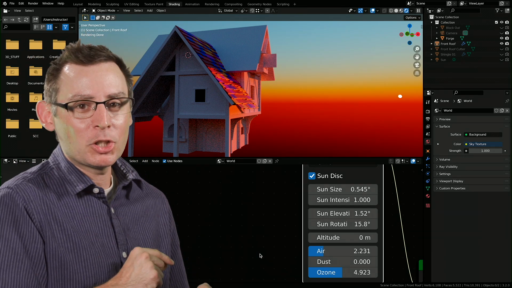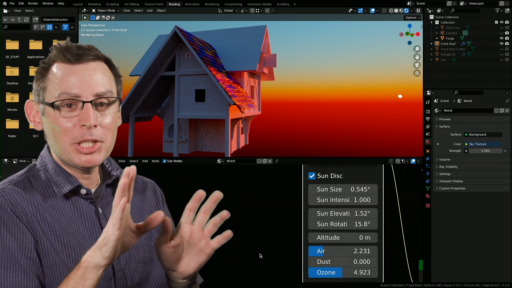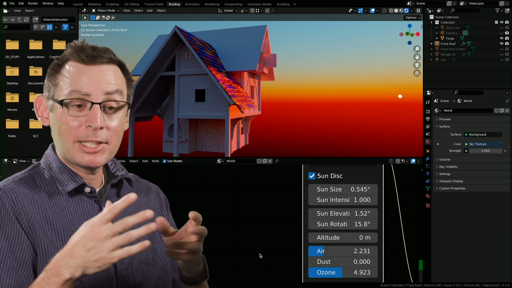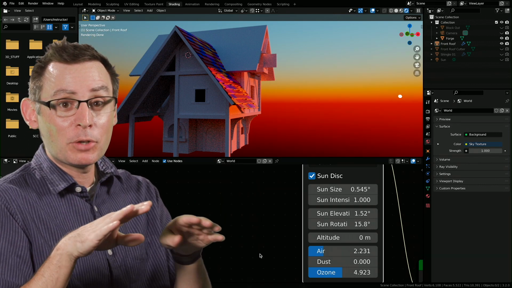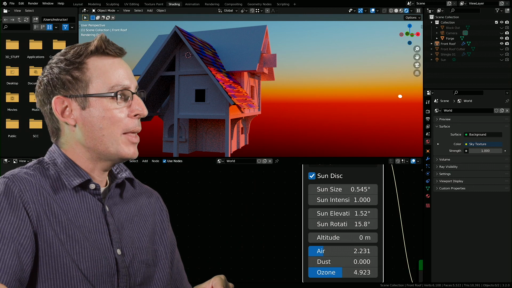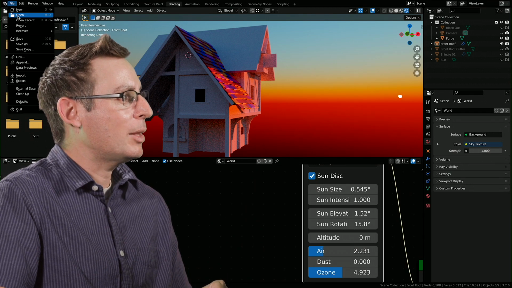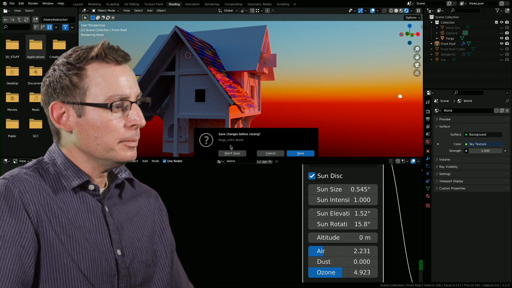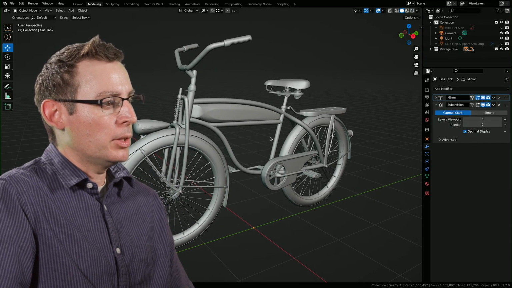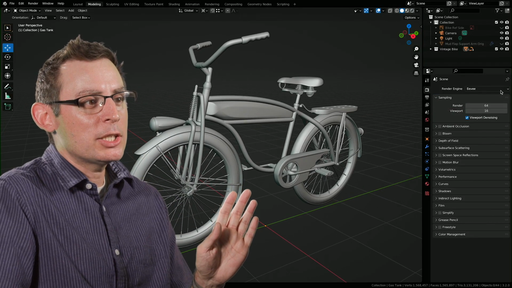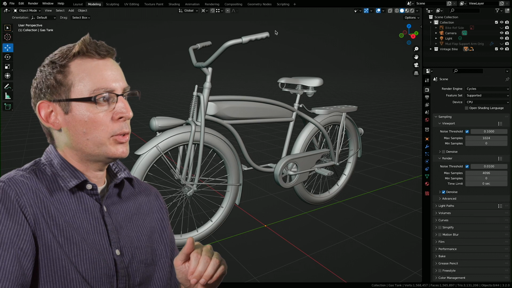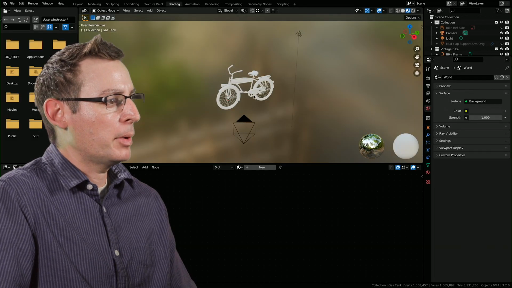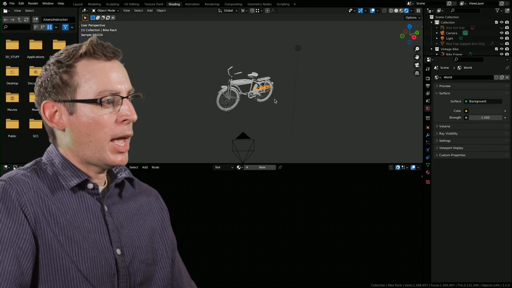There's one more that I want to show you that I think is pretty neat, and this completely changes the way I model because it allows me to blend surfaces together in a really cool way. Let me open up my good old vintage bike that we saw before. Here we go. This lovely project, and immediately I'm going to change the rendering engine over into Cycles. Let's jump into our shader graph environment here. Let's look at the actual render itself.